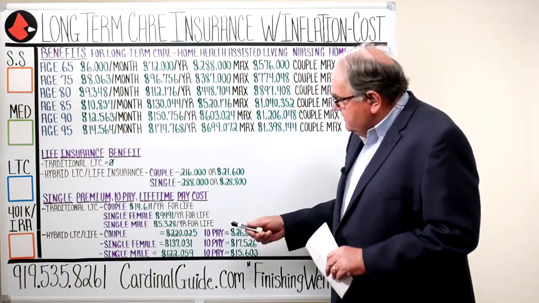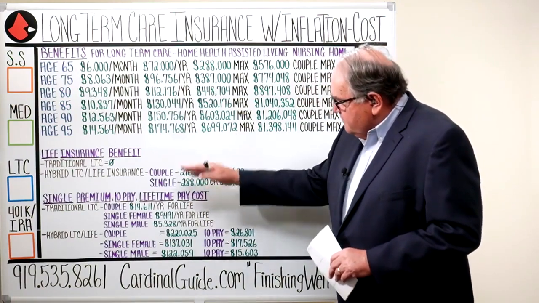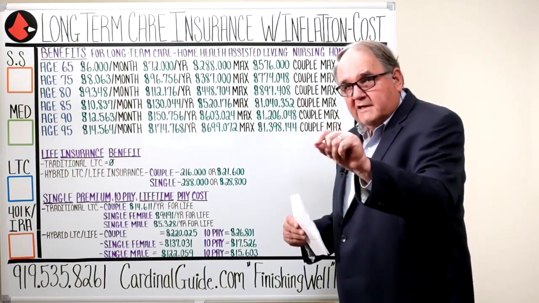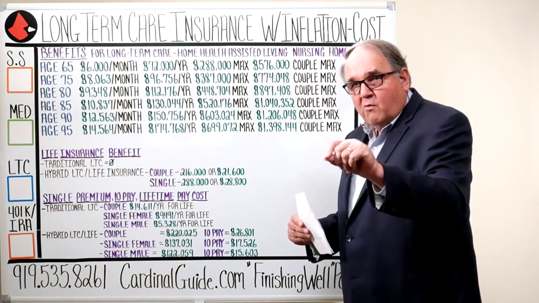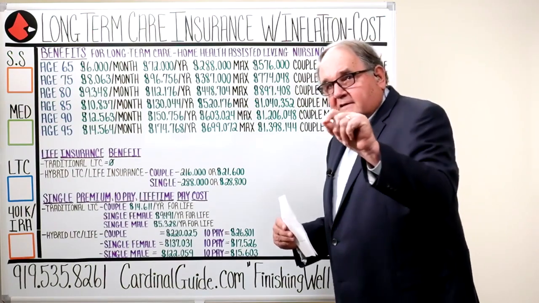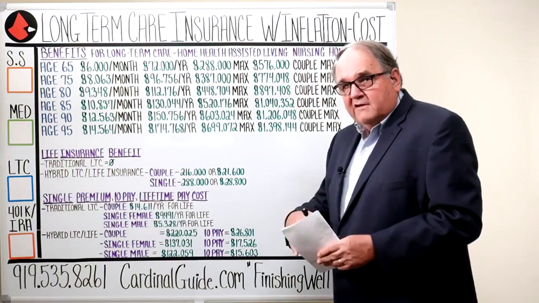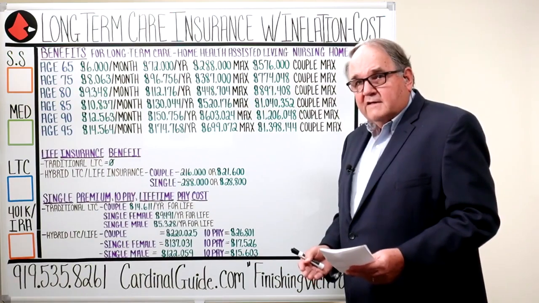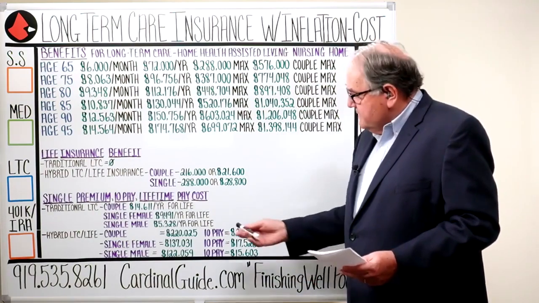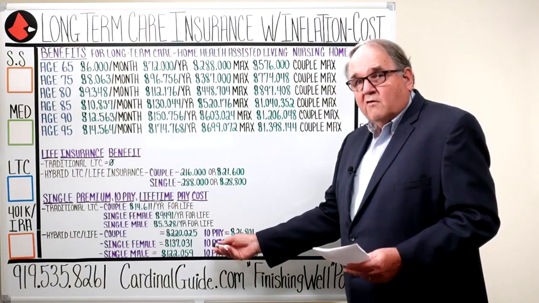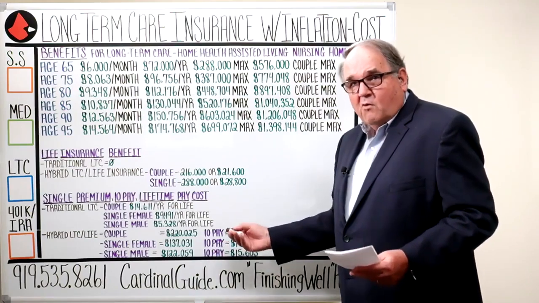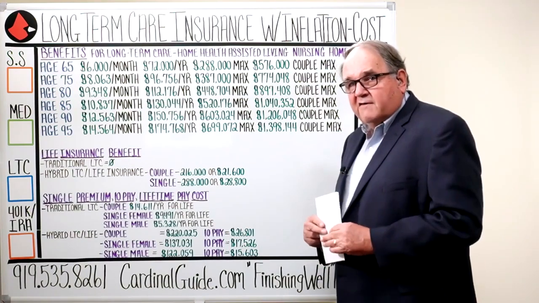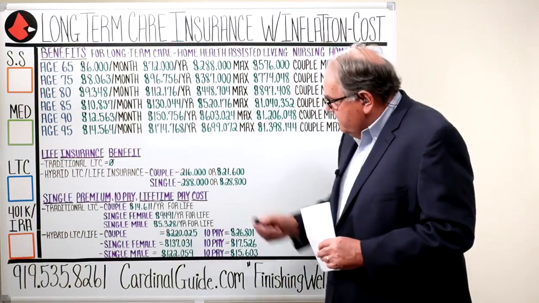Now, the illustrations for all 6 of these products are in the show notes. So if you really want to, you go in there and you click on that link for the show notes, takes you to our website, and you can look at what's behind the video. You'll have an illustration for a 65-year-old person. Now, if you're younger than 65, if you're in your 50s, this is going to be substantially less. If you're over 65, it's going to be more. If one of you is over 65, we're just showing the price for 65-year-old people and at this benefit level.